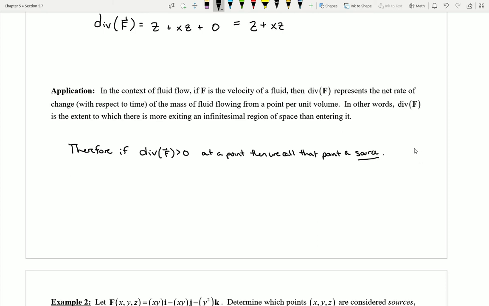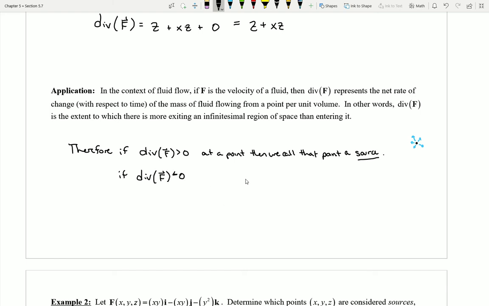So here you can imagine that if I had a point out in space, saying that it's a source means that fluid flow is extending out from that particular point. That's a source. Now, if I want to say that my divergence of f maybe comes out negative,